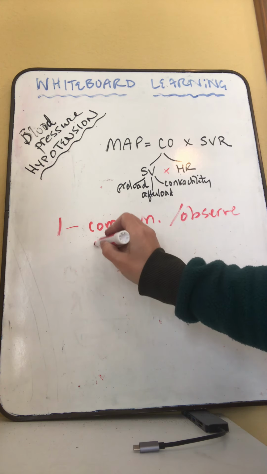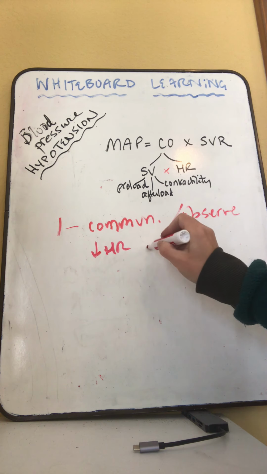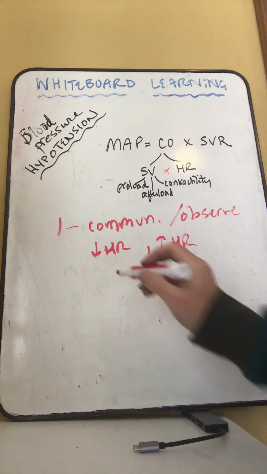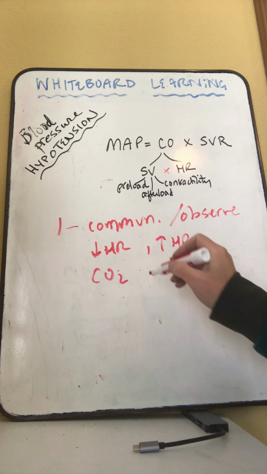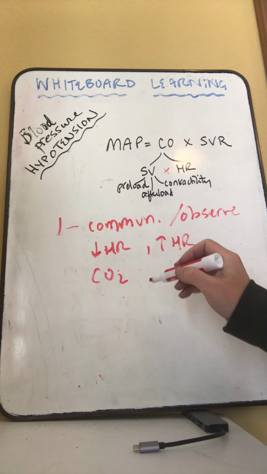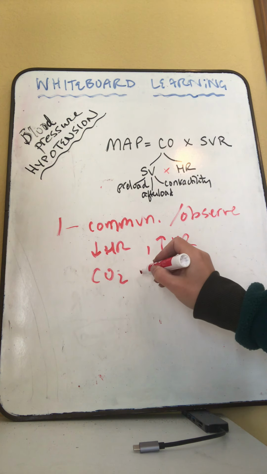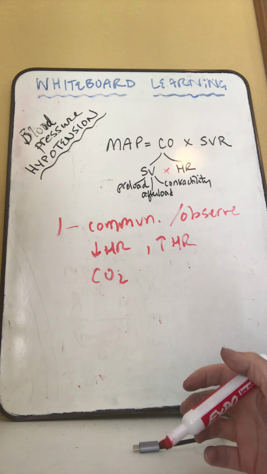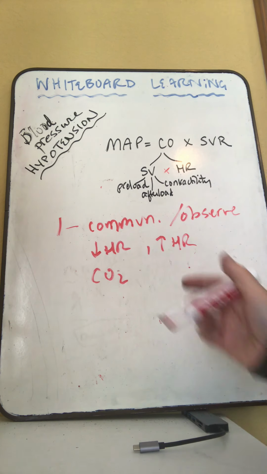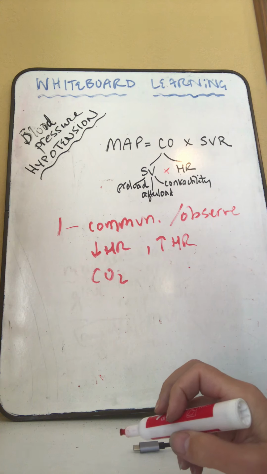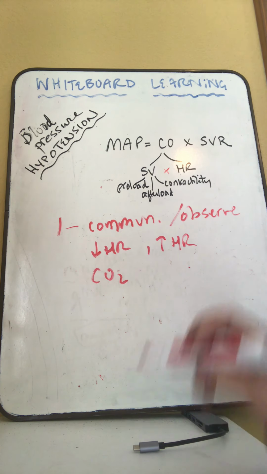What else is happening? Is the heart rate dropping, or is the heart rate up? Is your patient's CO2 rising as well, or is it low? A low CO2 could mean they might be about to arrest. A high CO2 means you're not ventilating them enough. They're deep, they're not ventilating themselves enough. So you might get an idea just from looking at these things that, is your patient responding to volume loss